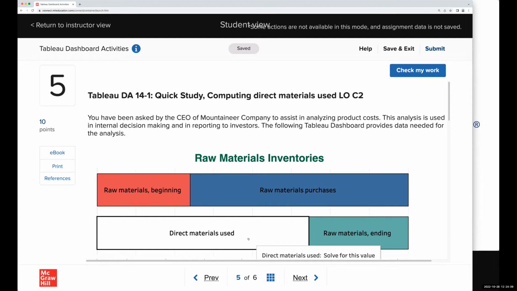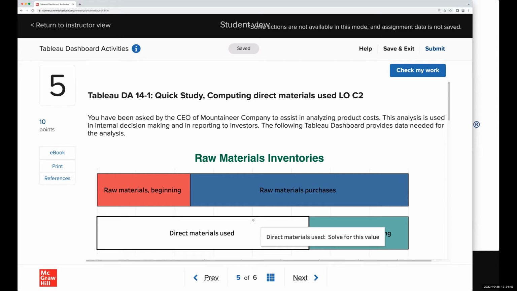One last thing I want to say about the Tableau dashboard activities. If you're one of the hundreds of instructors who have started using Tableau dashboard activities in your class over the last few years, in the past, there were only static versions available. Now there are algorithmic versions available, which means that all your students will get different numbers. So that's really nice. We've been using them in our class, and depending on which title you're using, they could be available now, or they'll be available in January for your spring classes. Okay, so those are the Tableau dashboard activities.